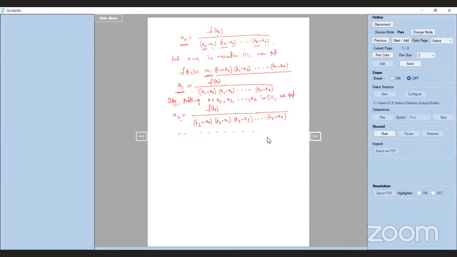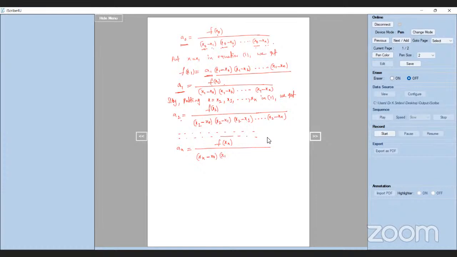And so on, we can get an value. So an is equal to f of xn divided by, here, xn will come, and the remaining values x0, x1, x2, and so on, xn minus 1 will come in the form of factors: xn minus x0,